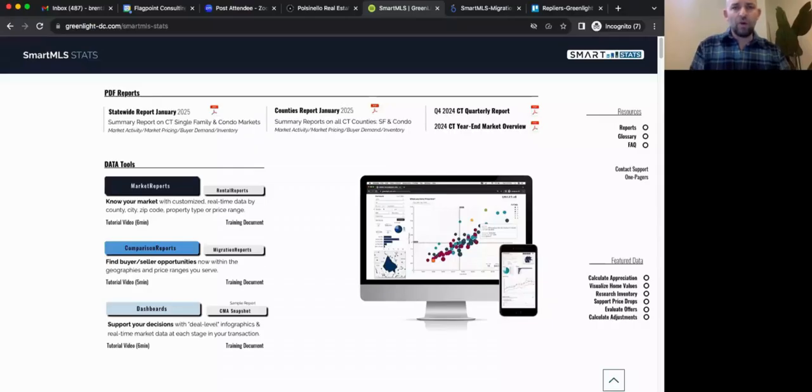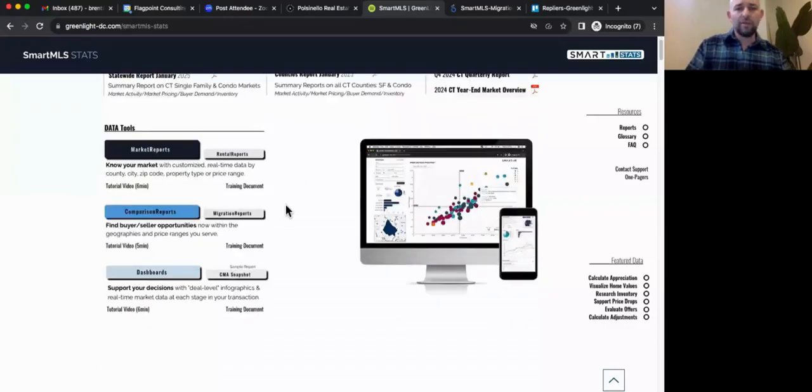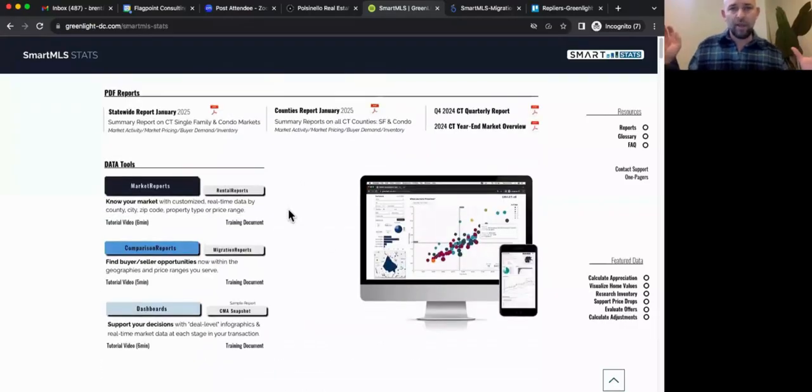And so if you are new to the system, just a little introduction to what this is all about. You are looking at this main page hub right here, which is essentially a portal into real-time data for the state of Connecticut, moving all the way down to your local neighborhoods. This is updating every 15 minutes, but the big thing here is we've really tried to organize the information in a way that sits in your shoes, both as leaders and as producers, and tries to think about how to deliver this stuff to you to make it as easy as possible to grab things, plug them into deals and your business in general, and really just be more data driven.